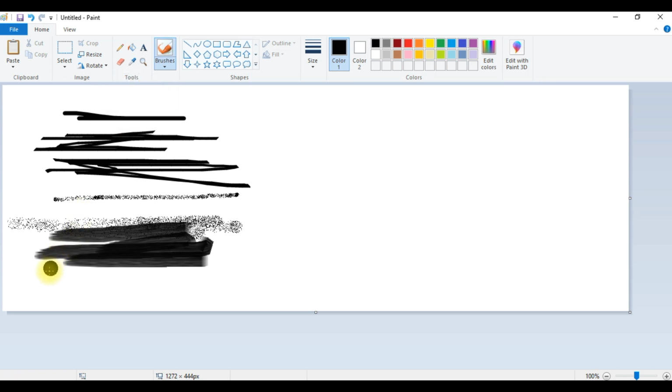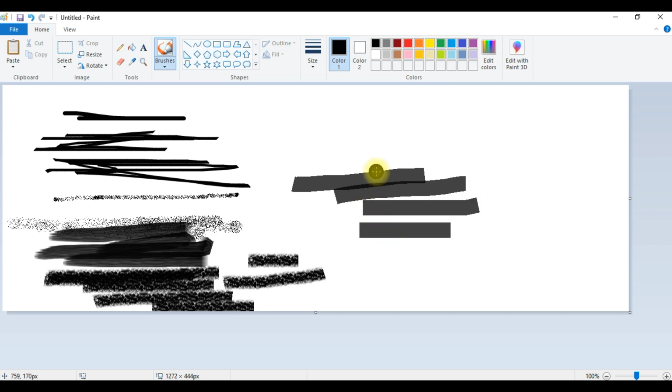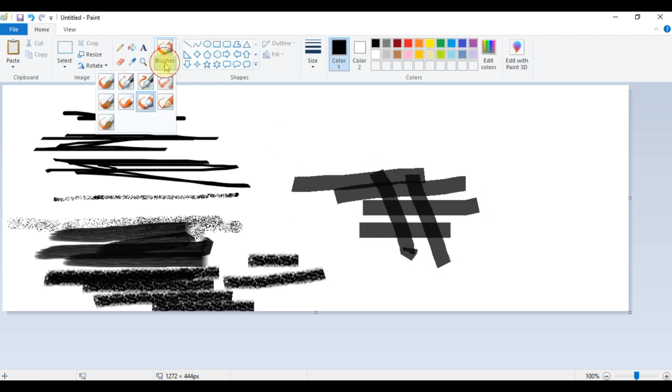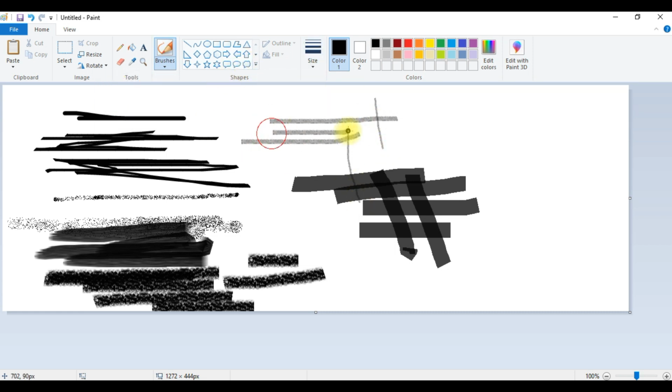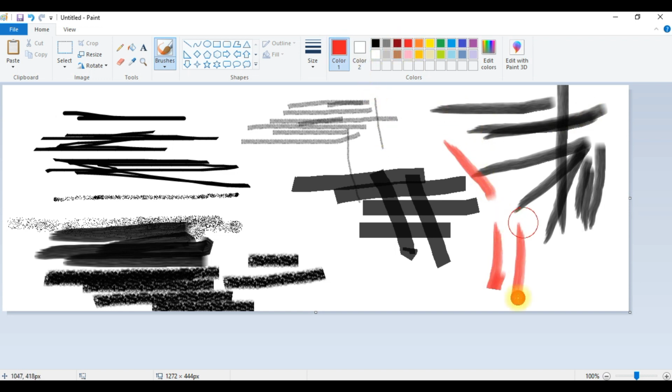And this one will be nice while giving fadings and all. And this is like a transparent color. And this one you can change the size, it's like a pencil shading. And this one is like a watercolor, so you can change the color also. These and all we can use during drawing.